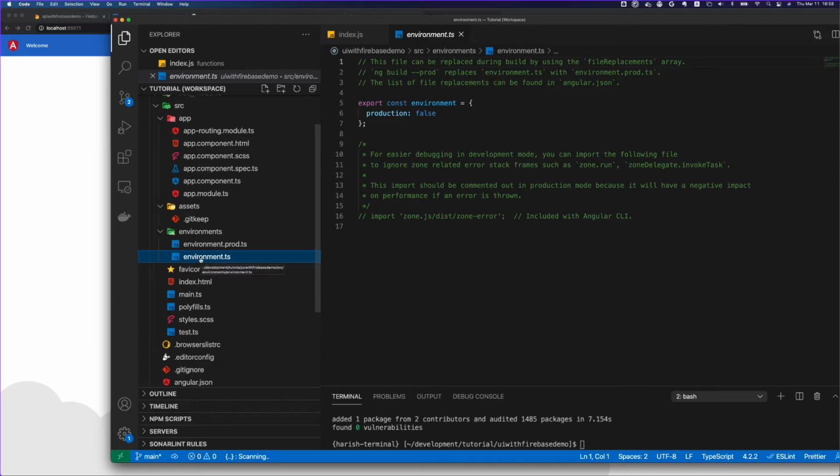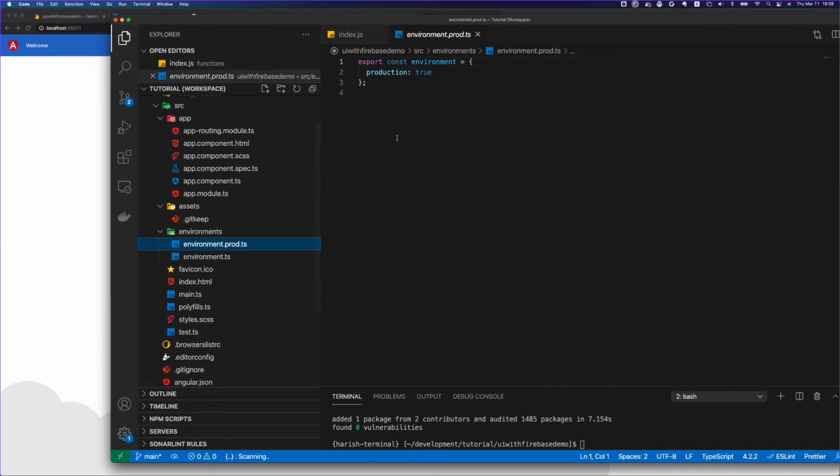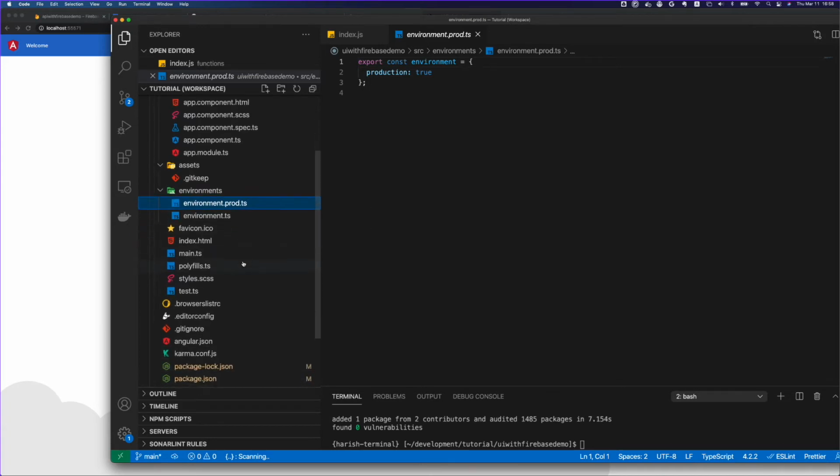But when you do a production build, with this prod name, it's going to replace the environment variables from this prod file, and this is where you configure your production-level settings, like database settings or some kind of variables which you want to set for production.